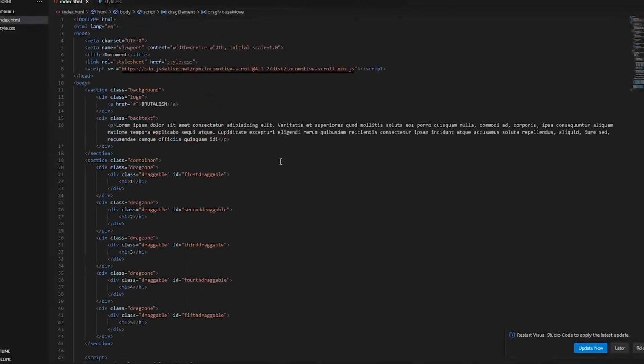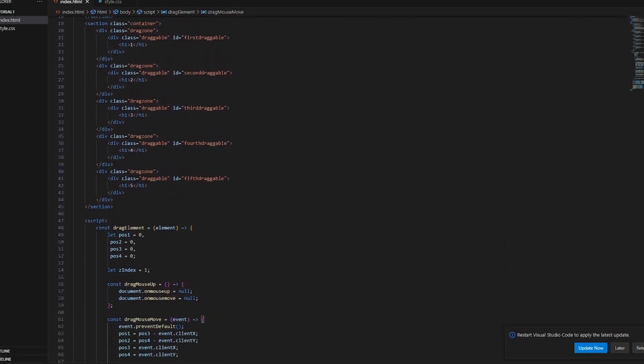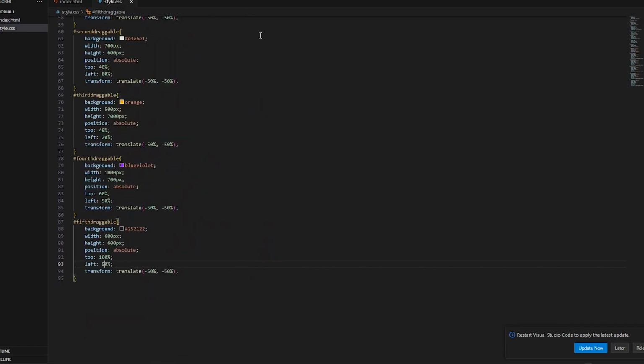This would be the first part of the draggable and scrollable elements tutorial. In the second part, we're going to customize the divs like in the demo video, and I will publish the source